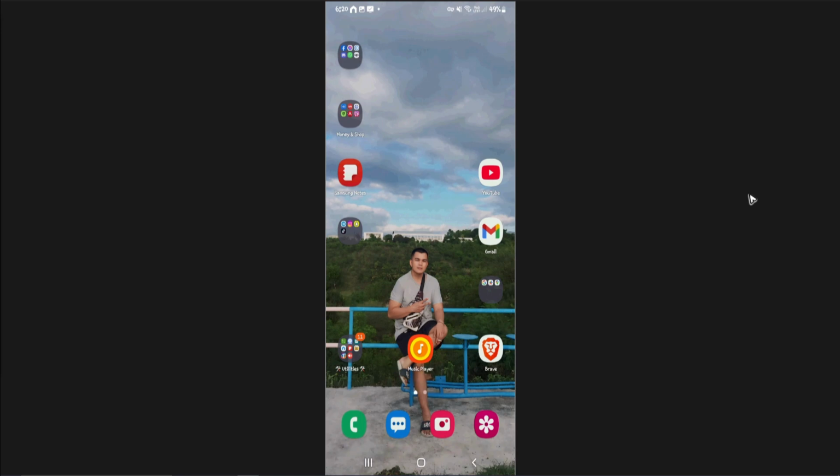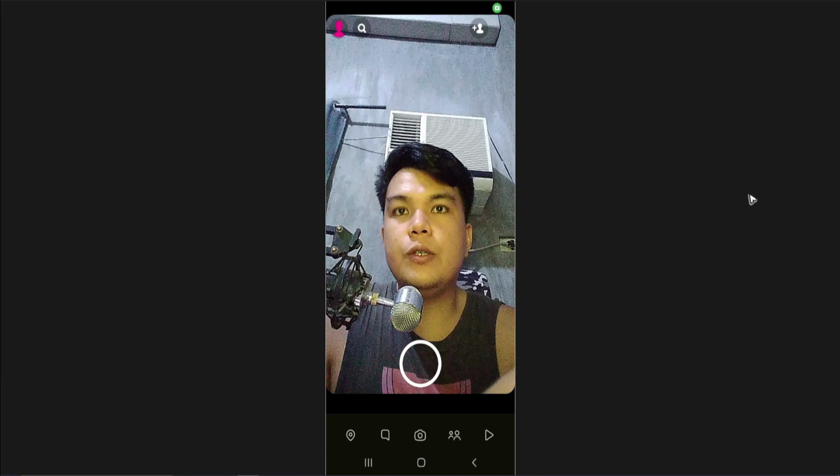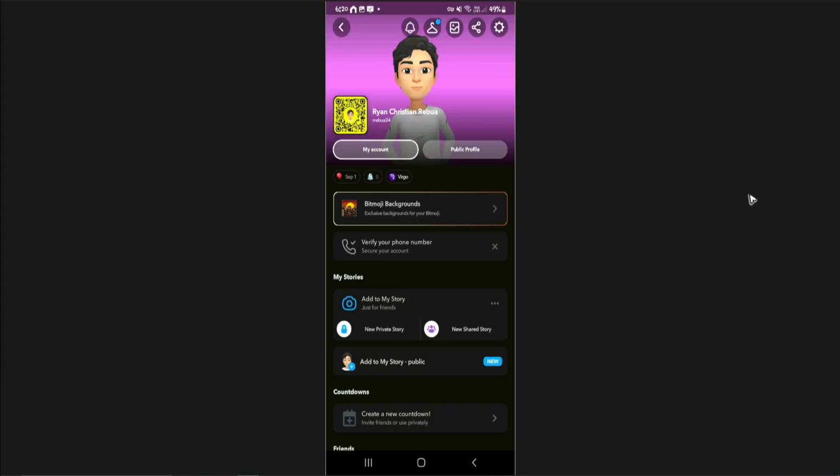Today I'm going to show you how to unblock people on Snapchat. Alright, the first thing you need to do here is to open up your Snapchat app. Now once you're in here, you're going to want to click on your Bitmoji, at the top left. Now once you're in here, you're going to want to tap on this gear icon right here at the top